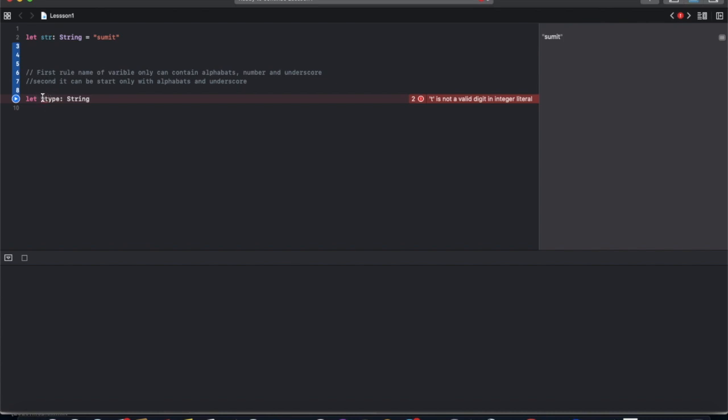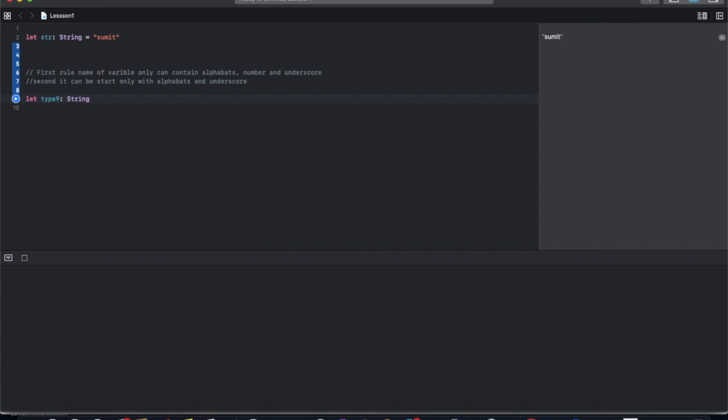It's not a name of variable. If we remove this then it's working fine. But we can provide the number in the last, like type9. We can't start with a digit but we can give the digit value in between the name or at the end of the name.